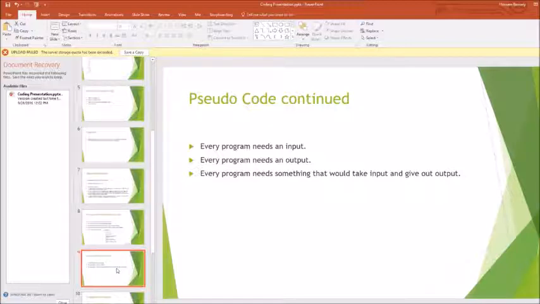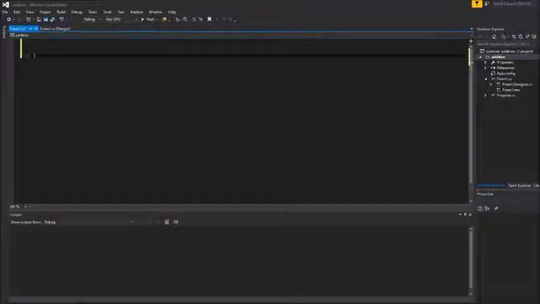The input could be a certain button, a certain number, a gamepad if you're developing a game, and then the output would be either a sound, or a screen, or a display, or something like that. In our case, since we want to write a program that adds 2 numbers together, we're going to think about our inputs, and then we're going to think about our outputs,